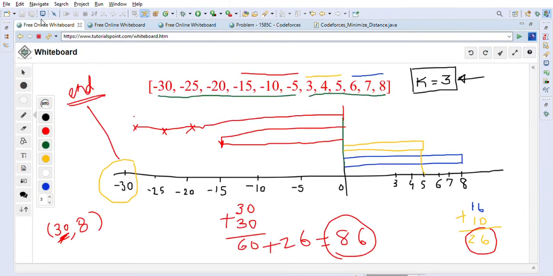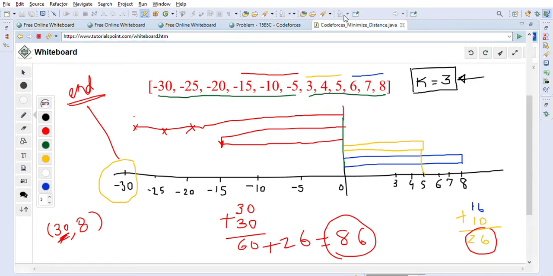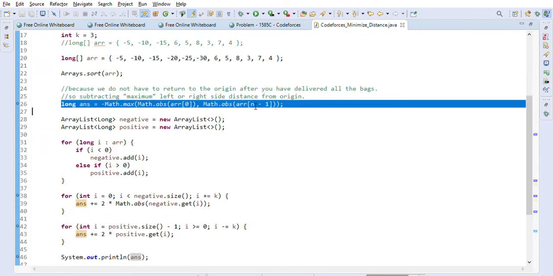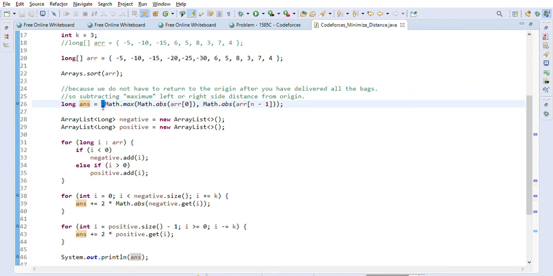And 30 we will basically, we are coming back and going back, right? So, for example, we are going to 8 and coming back from 8 to 0. Again we are going to 5, coming back from 5 to 0, right? So our solution is based on that approach. But we will visit this 30, and we are just saying that we are going back from 30 in the solution, but that's why we are subtracting that distance basically, right? So that's what we are doing here. So as you can see, we calculated that maximum distance, and we have put a minus sign because we wanted to subtract that distance, because in our solution we are going to be adding it, because we are going to be simulating the walking on both ways basically.